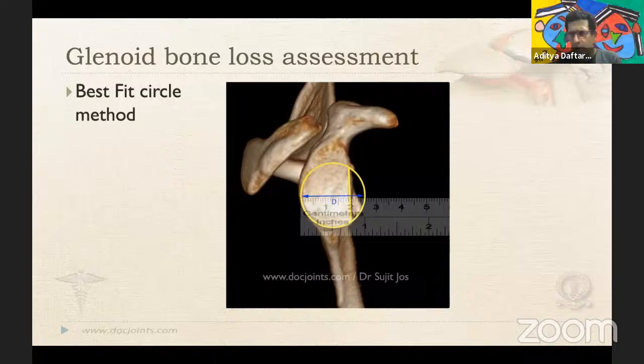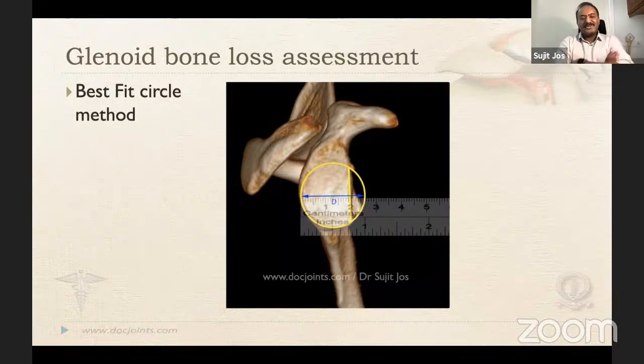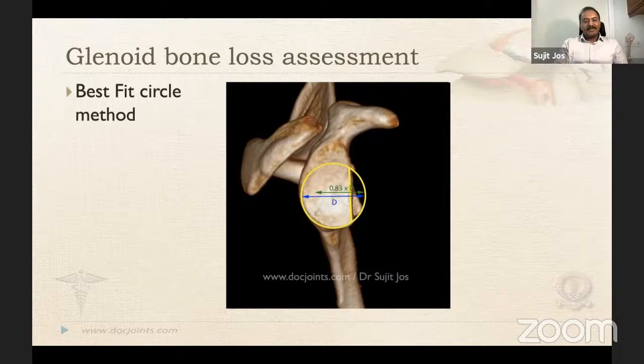You can also tell your CT tech to draw the images and measure it for you, to give you the measurements on the image. Coming back to the case, here I used Photoshop to superimpose a scale for the accuracy of the measurement. I made it for the talk alone; I don't do that regularly. That gives us the measurement of the normal and the affected glenoid. So that's the 83%, and the small d measured, and the percentage of bone loss measured here is 21.2.